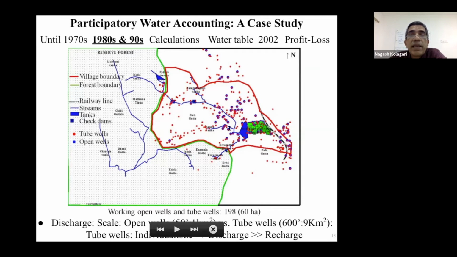The number of wells has gone up. And as you can see, previously all the open wells used to be in the low-lying area here. Now a tube well doesn't differentiate. Even on the top of a hill, you can dig a tube well. As long as you hit the correct vein, you will get water. That is the geomorphology of my area. Typically the richer people used to be in the low-lying areas because they were the first settlers. The poorer people used to be on the upper ridges. And to that extent, there is redistribution equity because now water is available to these poorer farmers also. But that was at the expense of the ecology and sustainability.